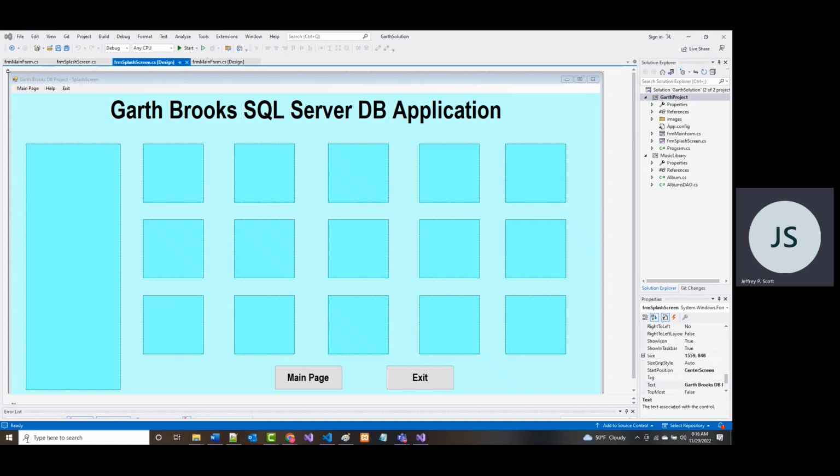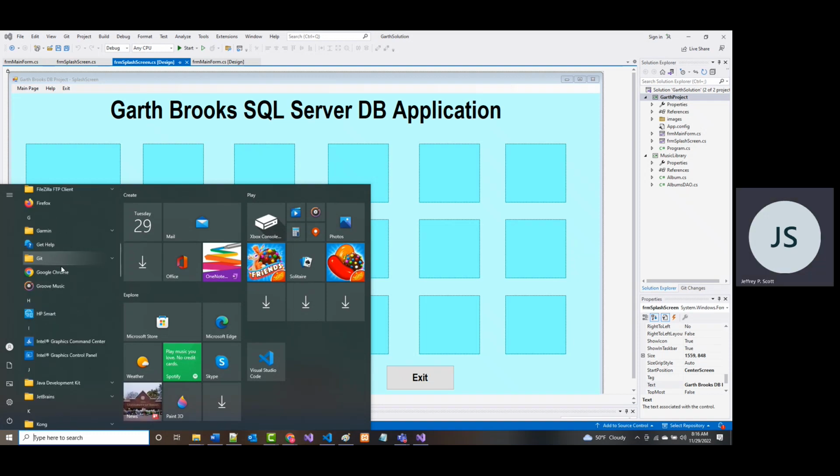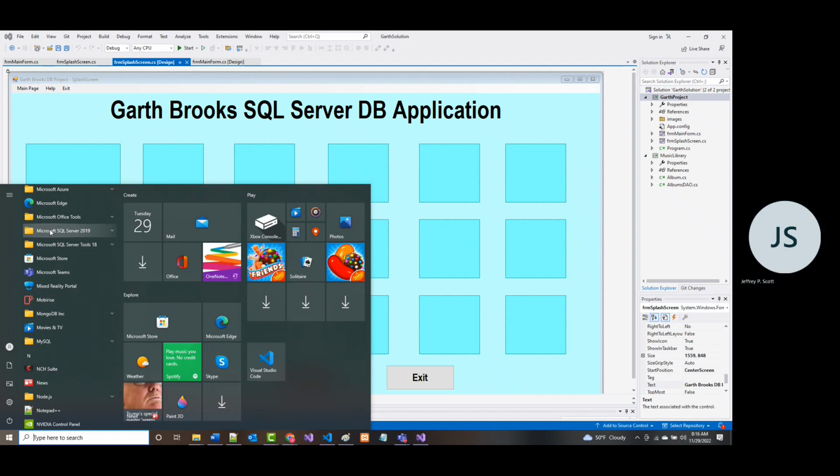So if you come in here and you click on here and you go down, you have to have, to my knowledge, Microsoft SQL Server 2019 on your machine. And again, we should have that because I believe that at the beginning of the semester, when we did all of the installs, that should have been one of the things that we installed at that time.